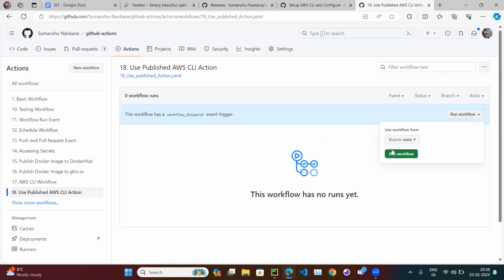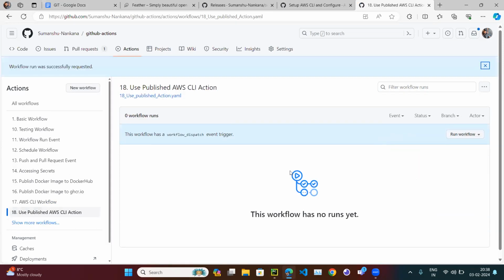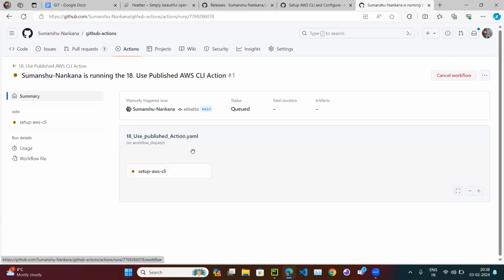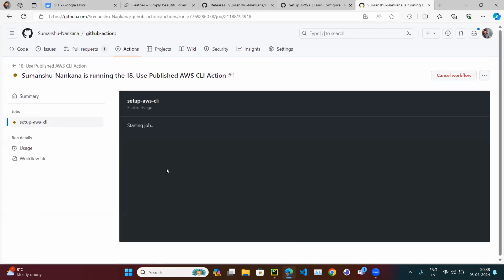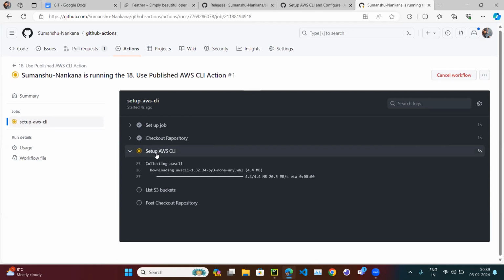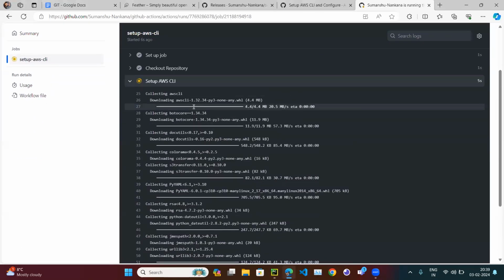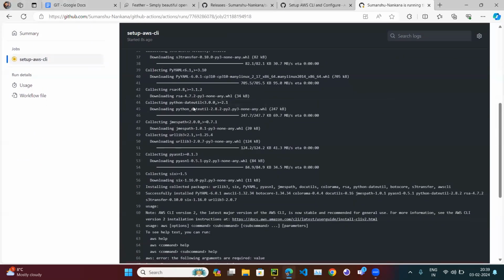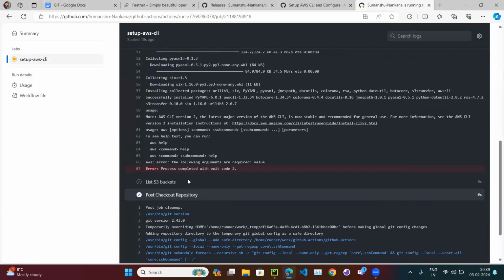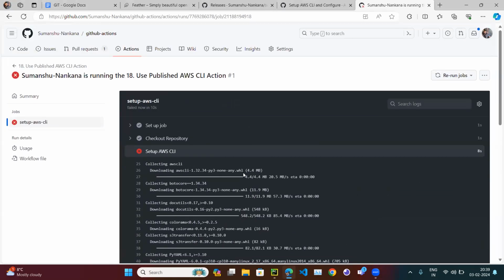So this workflow is trying to fetch my action from the marketplace, which I have published. All right, so let's click on it. It is setting up the AWS CLI. See, now it's downloading the AWS CLI, and it is trying to configure it. So we are getting some error, and the error is: the following arguments are required, value. Which is fine, because I think